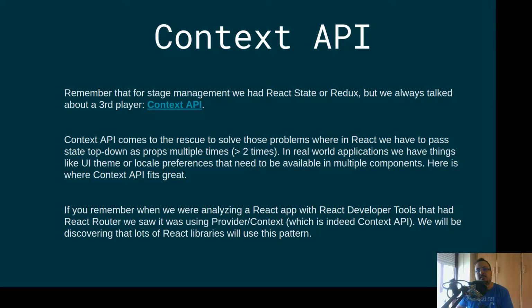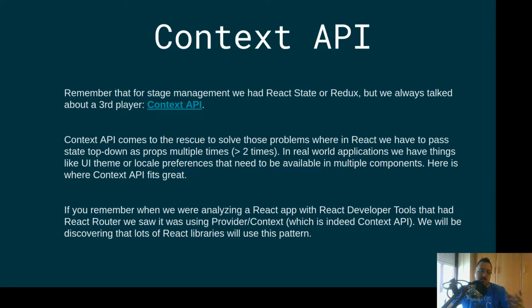Imagine a theme UI, or user preferences like language or something like that, and all the components have to be using them. And you want to have it in React. You don't have that much data that needs to go into Redux. And so here you can have the context API that lets you